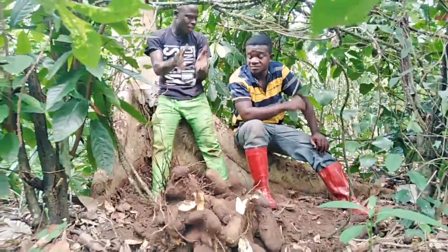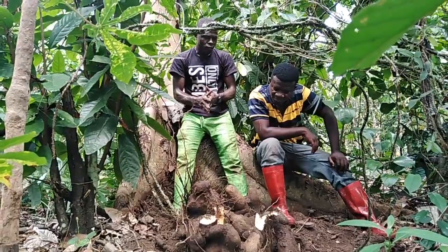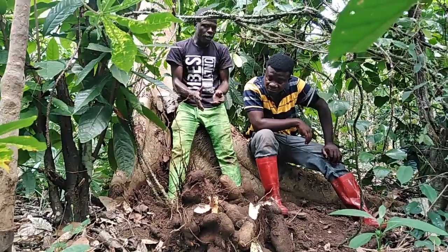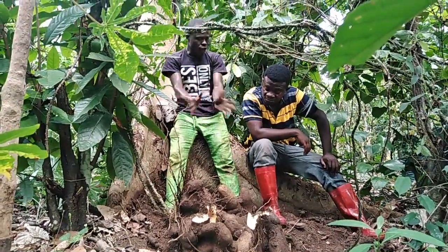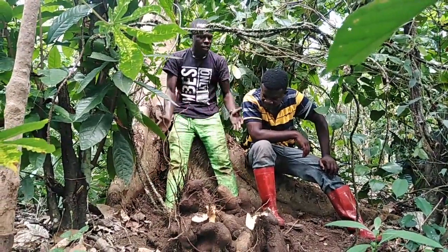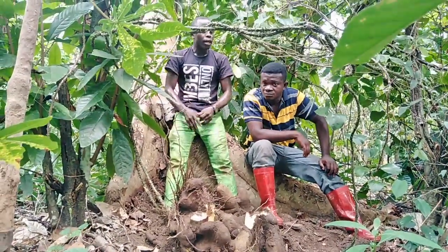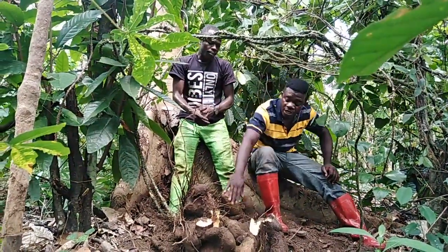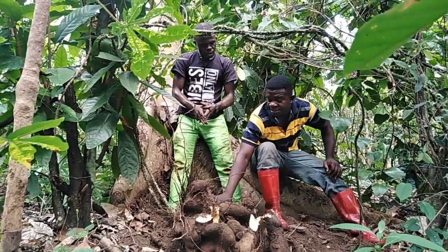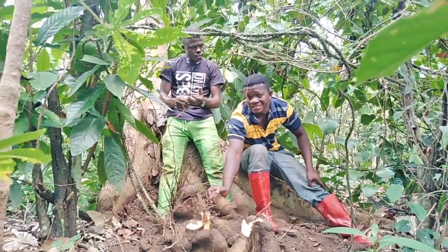So we can raise it for another purpose. So that is one thing. Far from that, if maybe you want to depend upon it for feeding, I think in the middle of August you can harvest it, and after that you just gather some soil and loam over, and it still regenerates as well. Okay, so it means that if I'm clear, then this particular variety of yam, which is called the Afu variety,